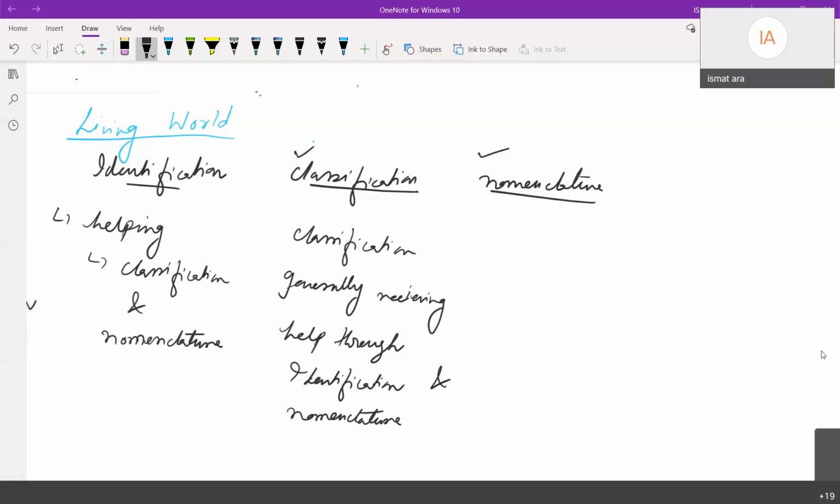Now, in nomenclature, students, suppose the common name, the common,